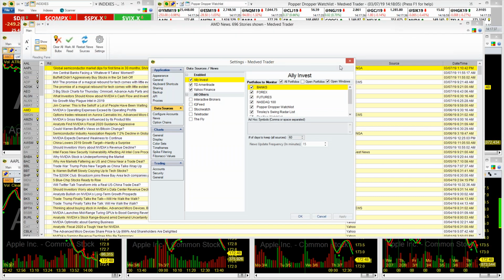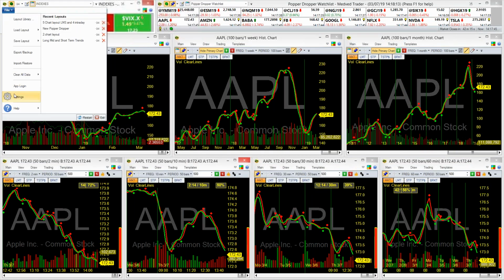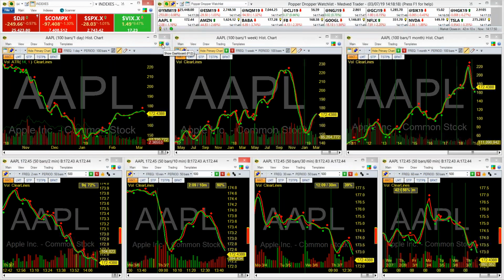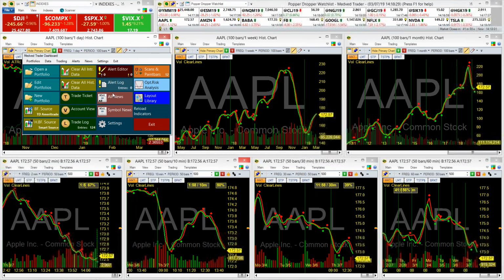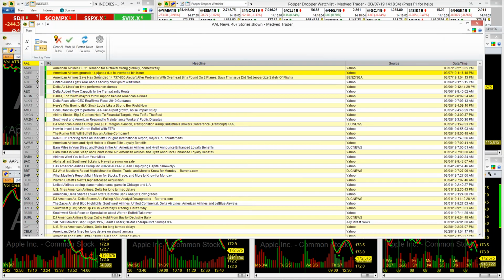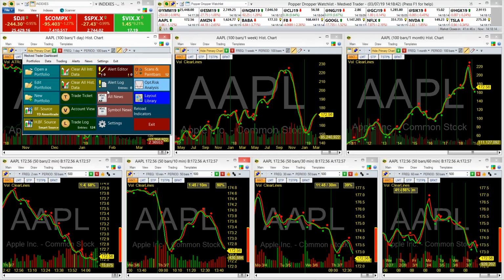There is also, if you go to the dashboard, which is the little square with the 4 colored boxes in it, I call it the Rubik's Cube. You'll see that on the top of any chart. You'll see there's an all news and a symbol news. Symbol news is based on all of my symbols in my portfolio, and then all news